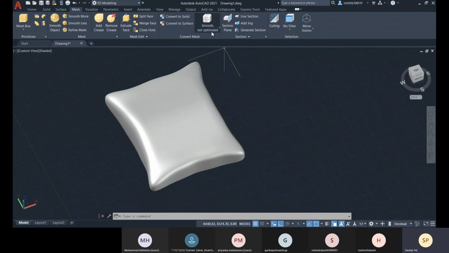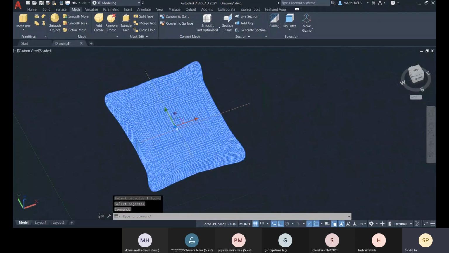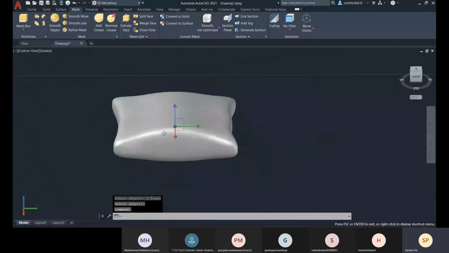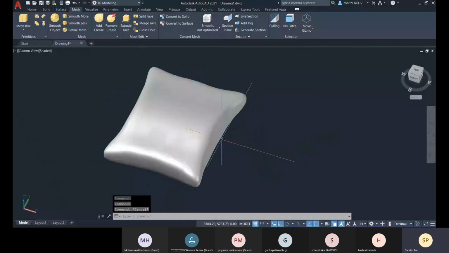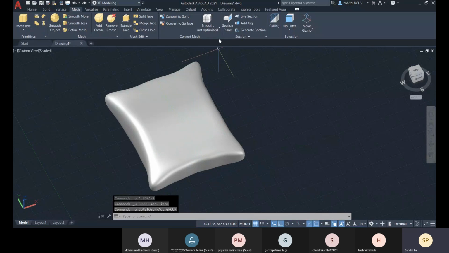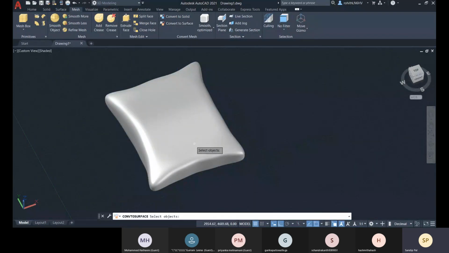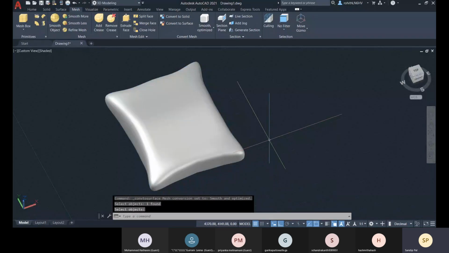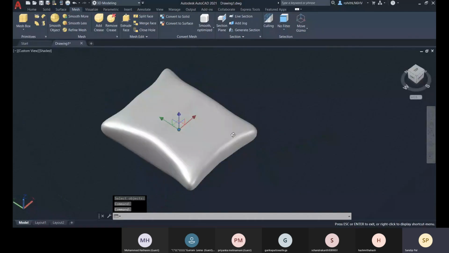Let me go with smooth not optimized, and let me convert to surface, enter, and there you can see that it is converted as a surface, right? You can go for this smooth optimized and convert to surface. You select this and enter. Now this is a surface.